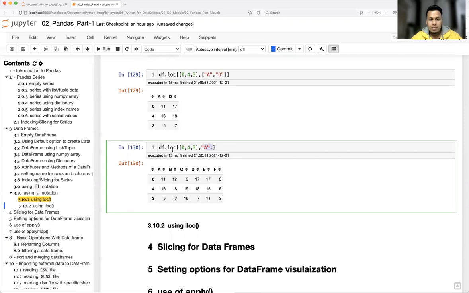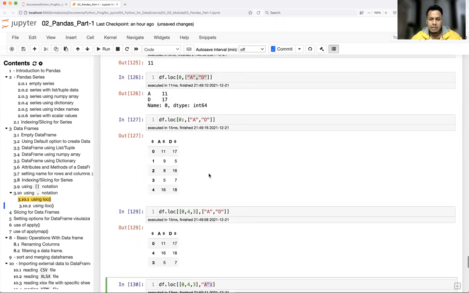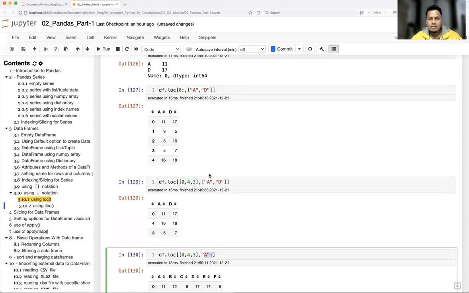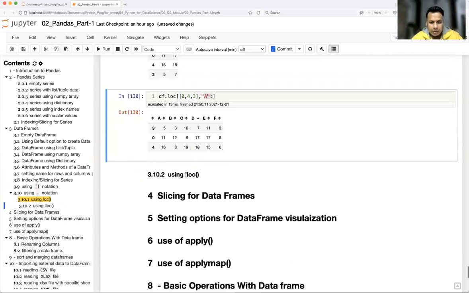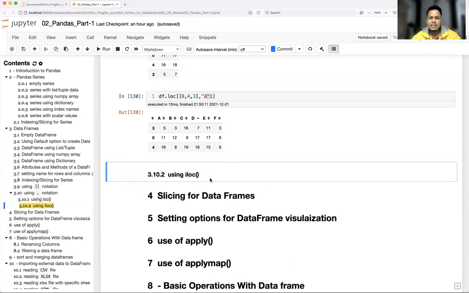But remember, guys, LOC, as I mentioned, is location label based, right? So you need to use the exact label. If you don't have the label, then it is going to throw an error. Okay. So what if, let's say, you have data where your row and column headers have really big names, right? So this doesn't make any sense to use label based, because the user will be tired of writing all the names for the rows as well as the columns. Okay. So to rescue that operation, you have something called iloc, that is index based location.